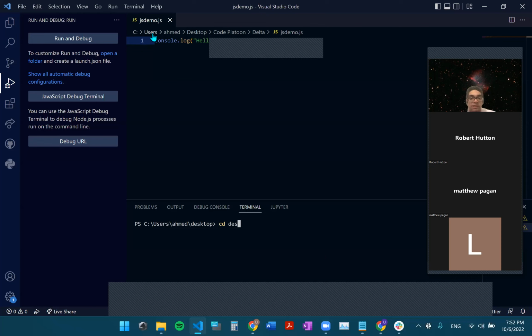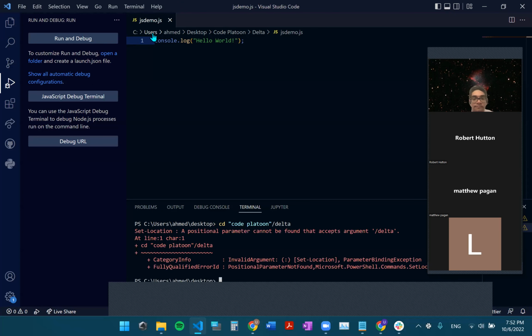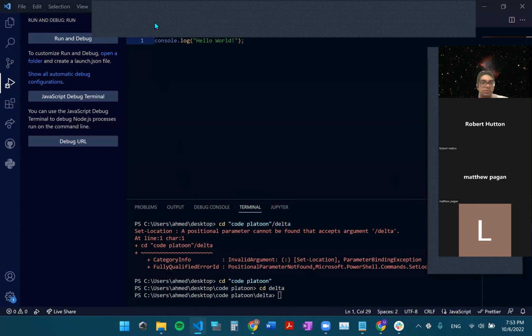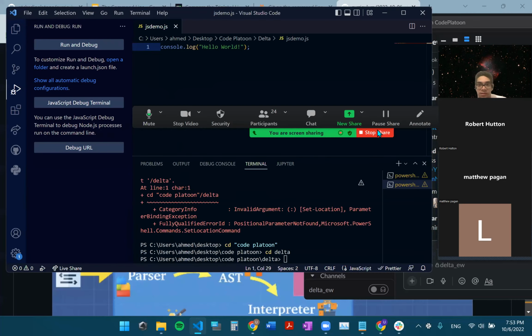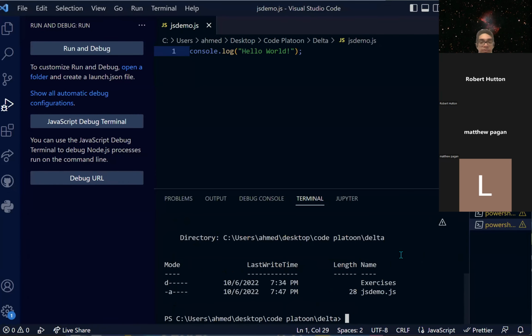All right. So let me just really quickly change my directory one more time. Okay, cool. So hopefully you guys can see my console and screen. I've still got the hello world written up there. I'm going to change my share really quickly to just show VS Code, because this is much less messy now. All right, so I'm in my Delta directory. If I double check the directory, I've got my JS demo in there,